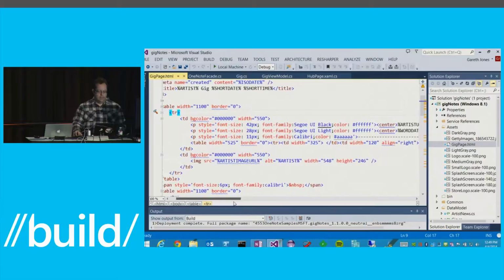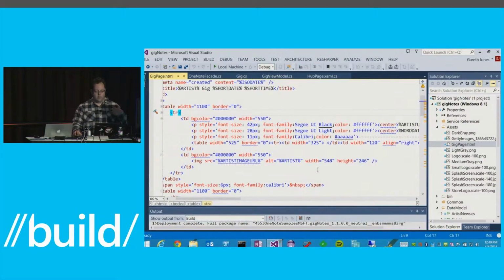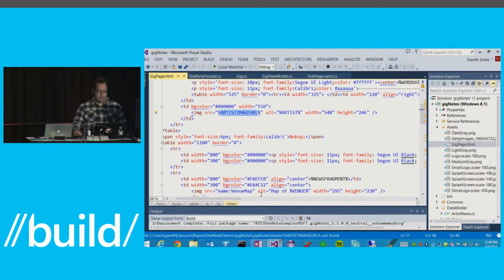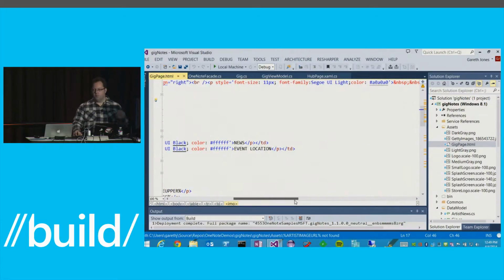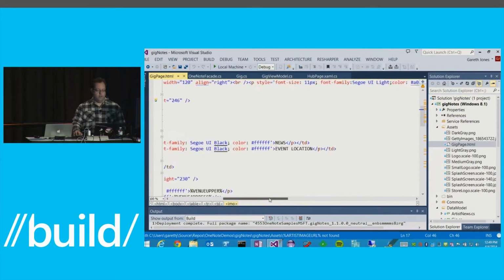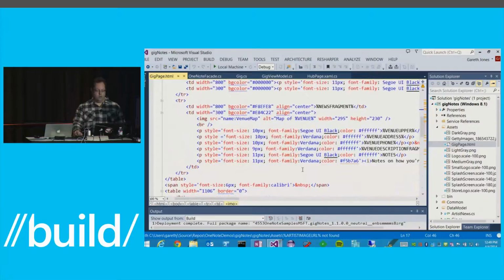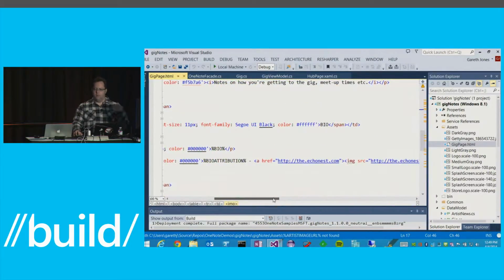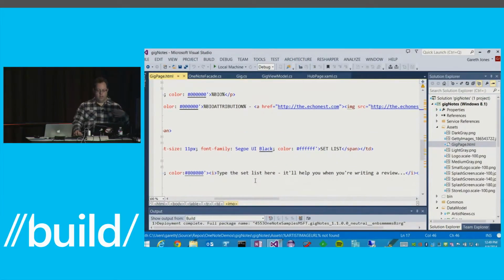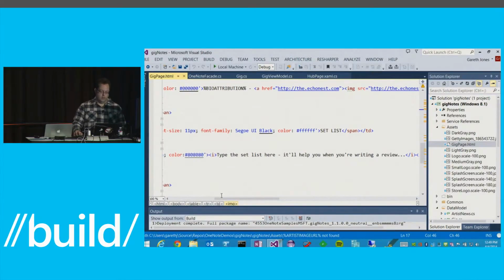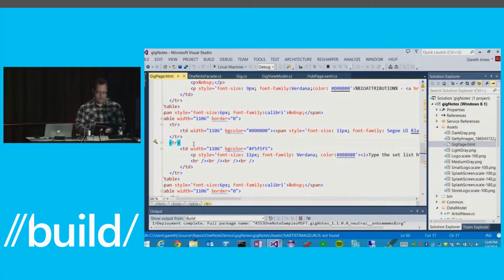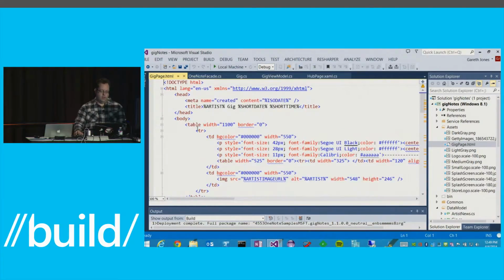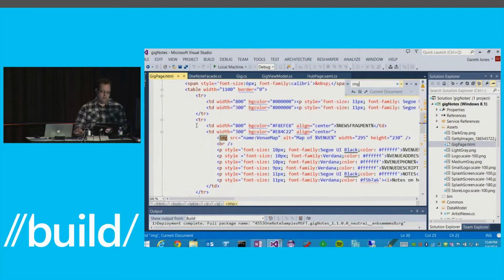So a bunch of tables here. You see my headings that I created for the artist and the key image there for the artist. And then we drop down into a table for my news and my event location, which was on the right, if you recall, asking you to remember what my app looked like here. And then we get down to having the biography and then the set list and review tables at the bottom. So let's pick out a couple of things that are a little bit OneNote specific. So if I go and find my images in here,